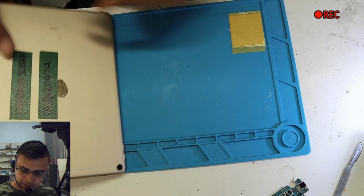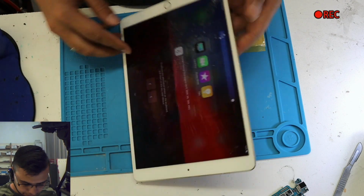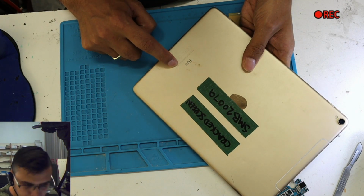We are doing an iPad 10.5-inch screen replacement. How do we check the model number? It should be written right on the back. It says model number is 1709,